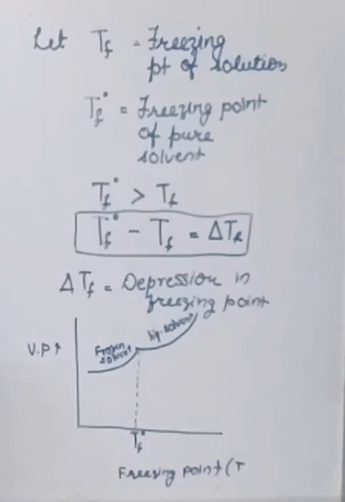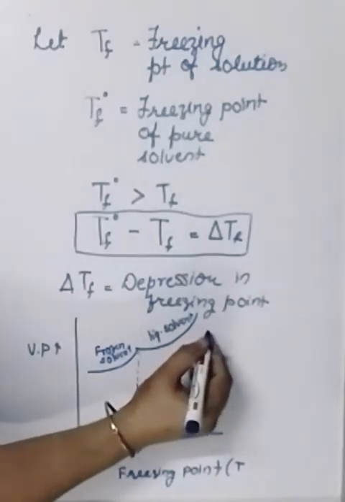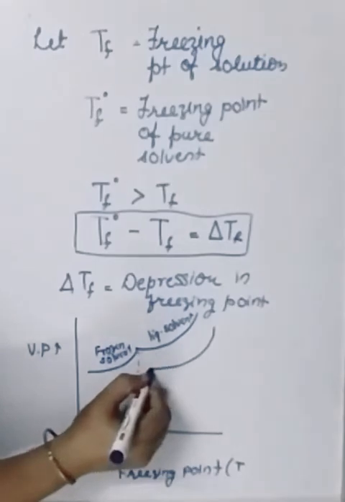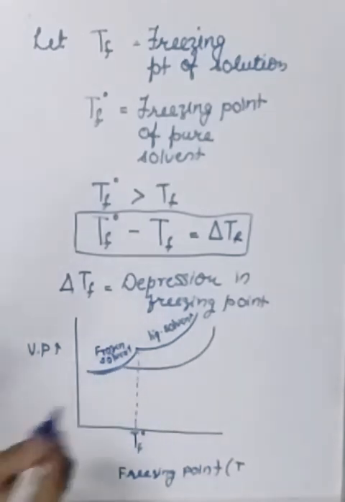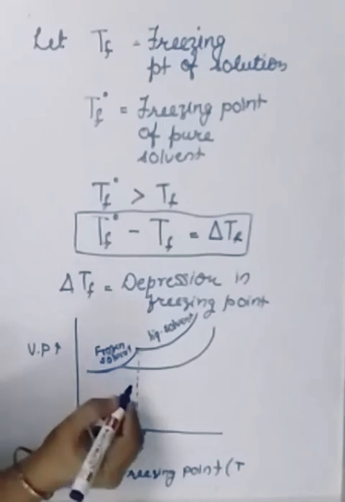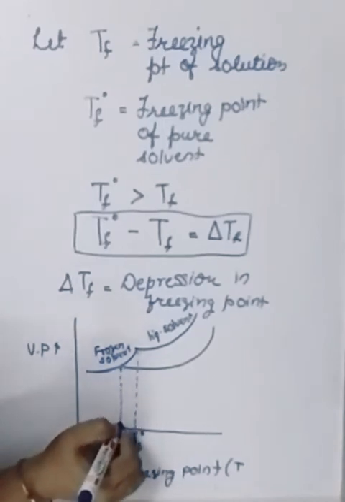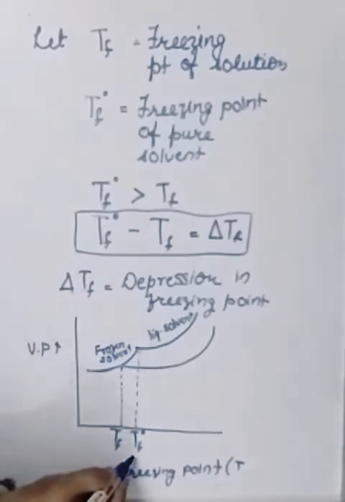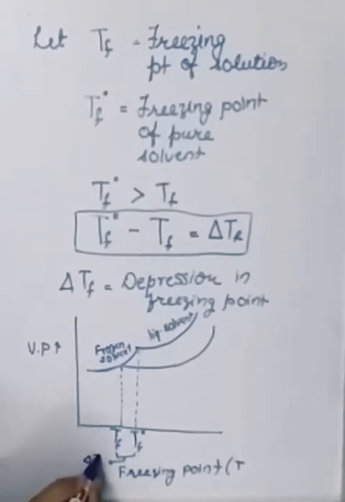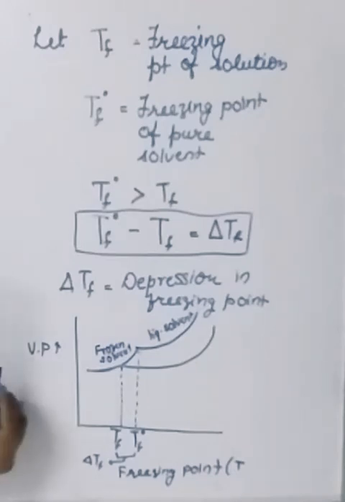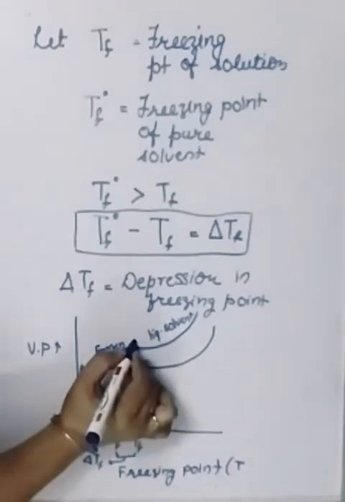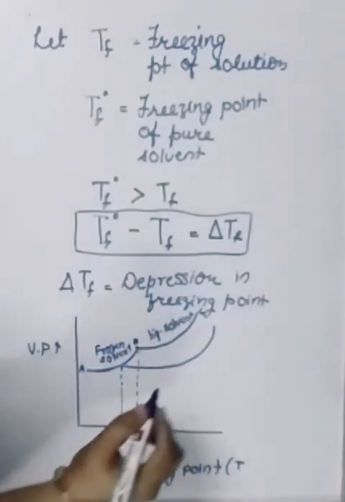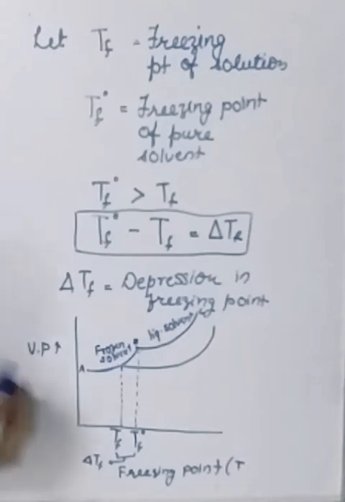Now for solution, we'll see when we add non-volatile solute, the curve becomes like this. This is the temperature where your solution freezes. So this is the value for del TF, depression in freezing point. So curve ABC is for solvent and curve ADE